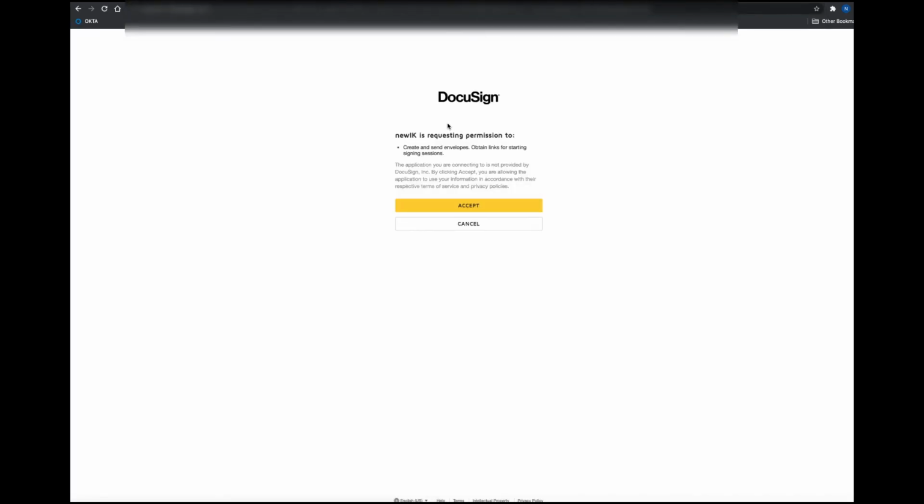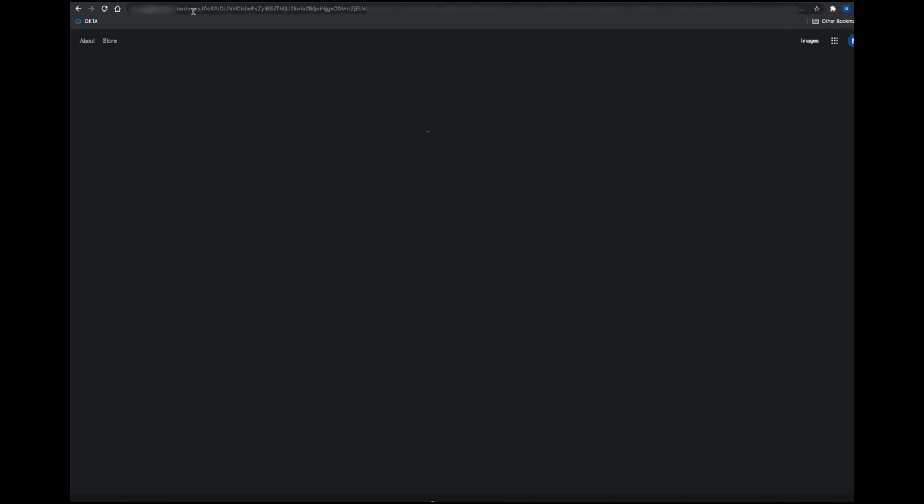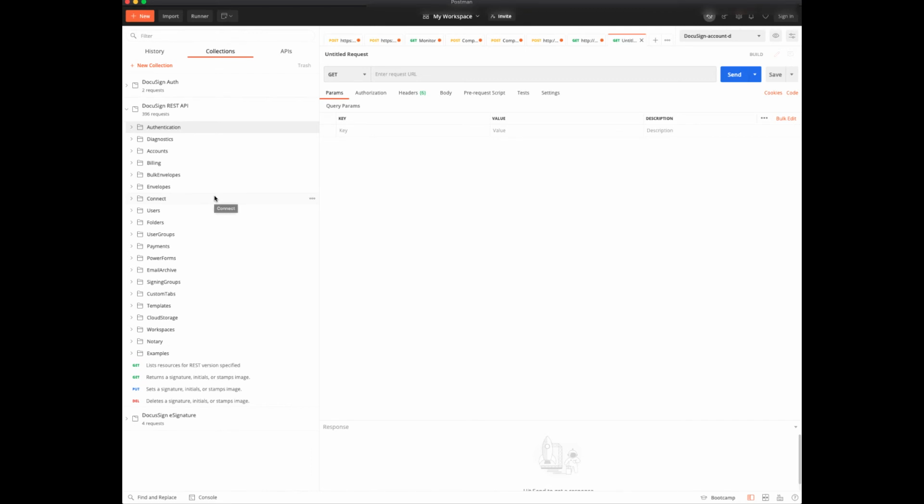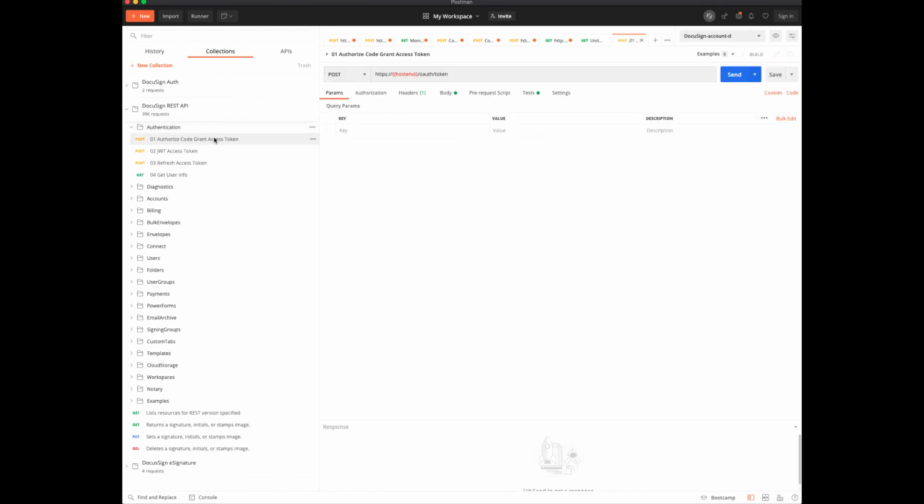Then log in and grant permission to the user. And lastly, copy the code. In the authentication folder, select Authorize Code Grant Access Token. Now, paste the code inside the DocuSign environment as code from URL.